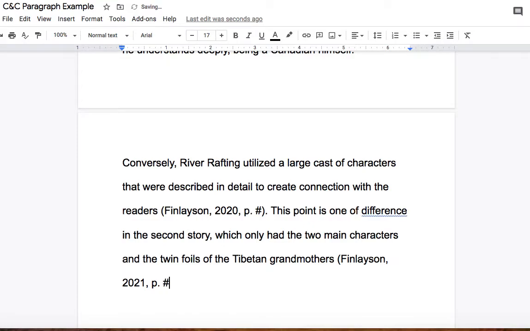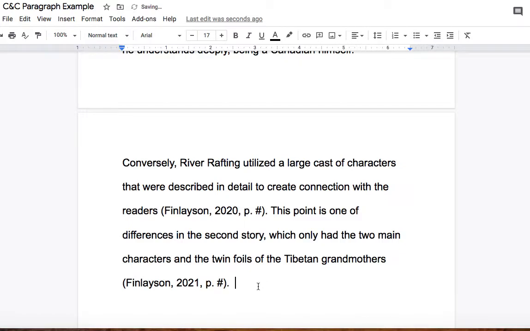Put a page marker in there. Now I need to move into my analysis of this point. What do I think that means, or why did the author make that choice? Okay, so